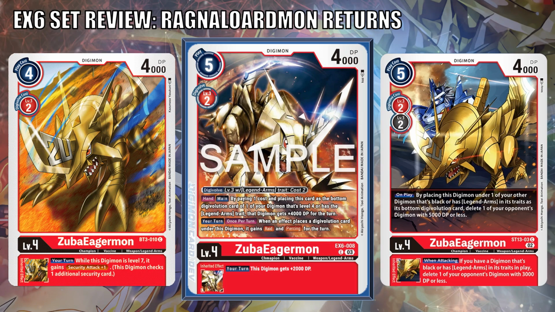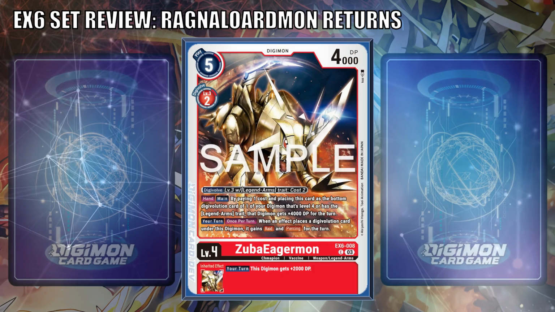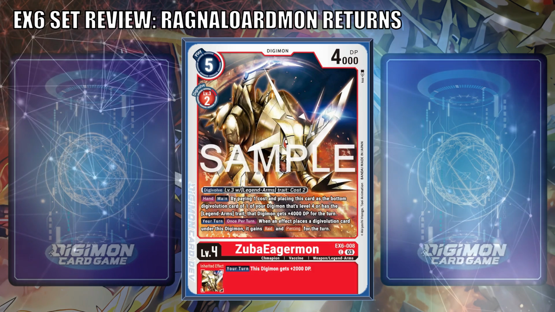effect to Zubamon for the 1 memory cost, but can only equip to a level 4 Digimon, or a Digimon with the Legend Arms trait. The Digivolution also allows something for the first time in which you can color cross more effectively between red and